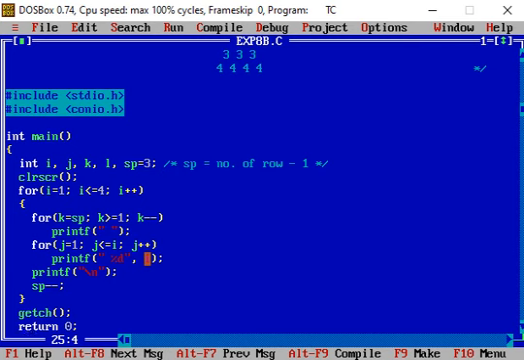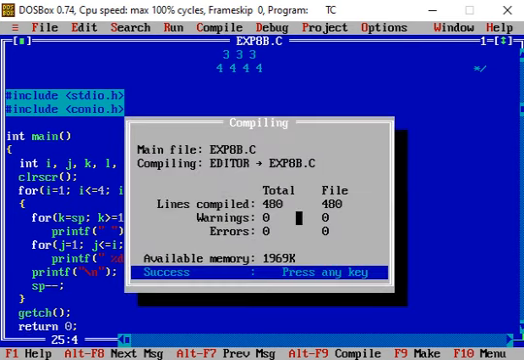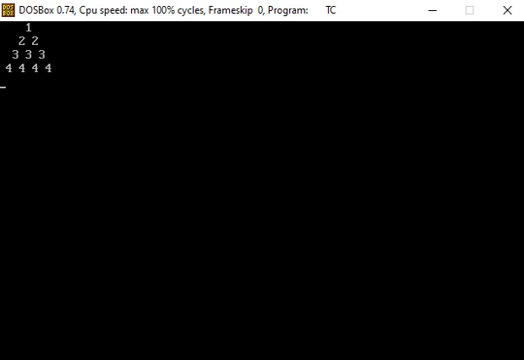So if we compile this code, before running the code, we see that there is no warning and no error, that is, no bug in the code is present. So let us run this code. When the code is run, we get the pattern of numbers such that 1 is printed in the first row, 2 is printed two times in the second row.